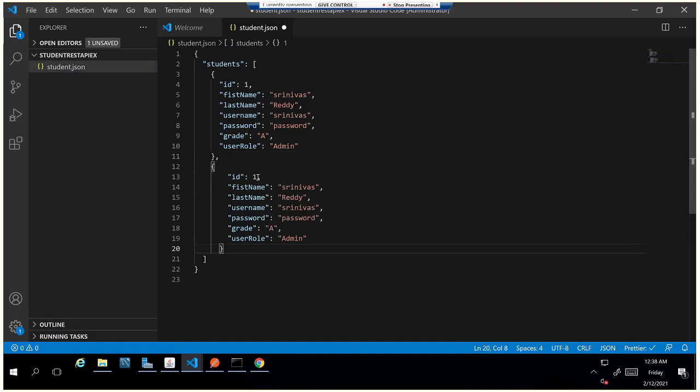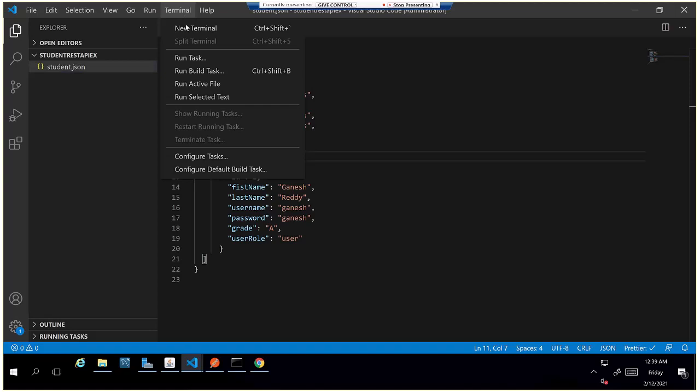I'll change this to 2, and here I'll add Ganesh. So I'm going with 2 records. Shushruth, please add more, and we'll try that. Now I'm opening a new terminal.